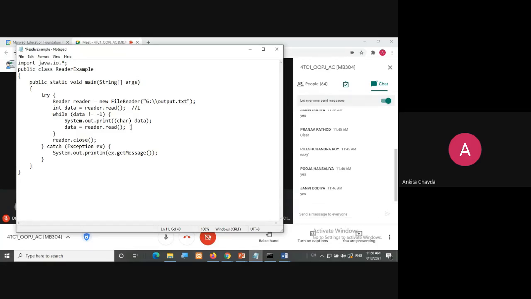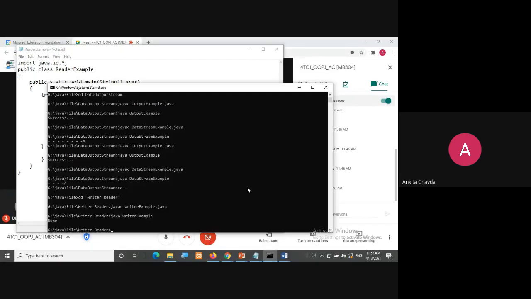So I'll read again inside this while loop only: data = reader.read. So again another character will be here. I love my country, so L, then next time O, then V, then E, and so on. All right. So one by one we will read the data. At the last, after the Y of I love my country, there will be -1. So here in data it is -1. Again we will check whether data is not equal to -1. No, data equals -1, so it will directly come out. It will close this stream. Simple. So we'll read this data.